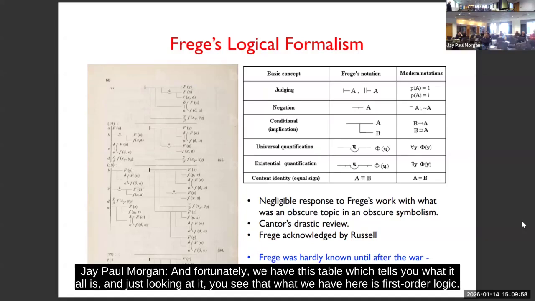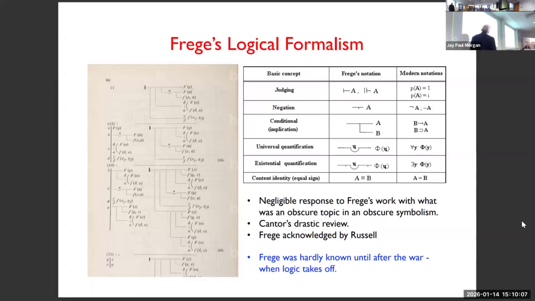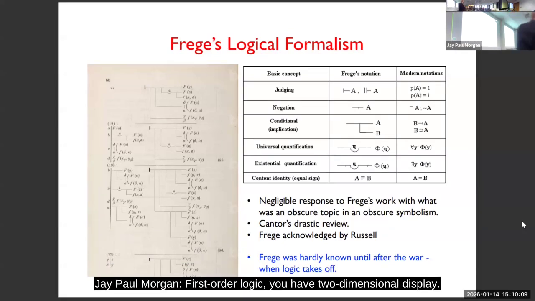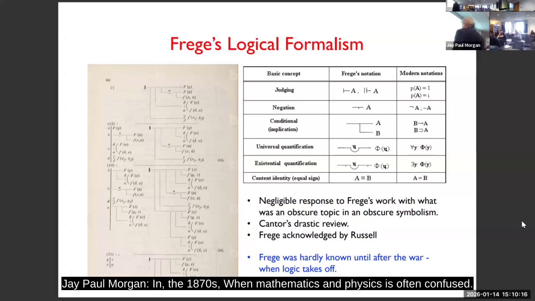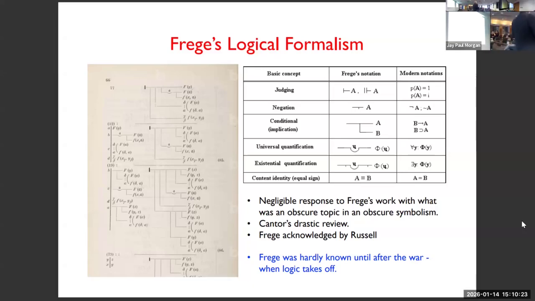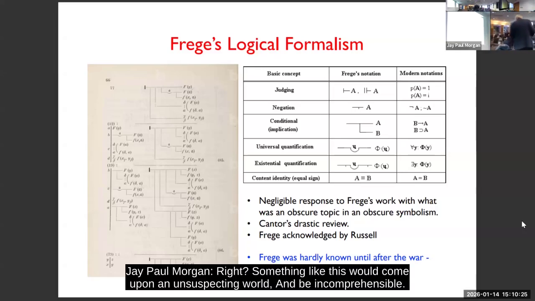Okay, there it is. And fortunately, we have this table which tells you what it all is. And just looking at it, you see that what we have here is first order logic. First order logic in a two-dimensional display. Now, you can imagine how in the 1870s, when mathematics and physics is often confused, something like this would come upon an unsuspecting world